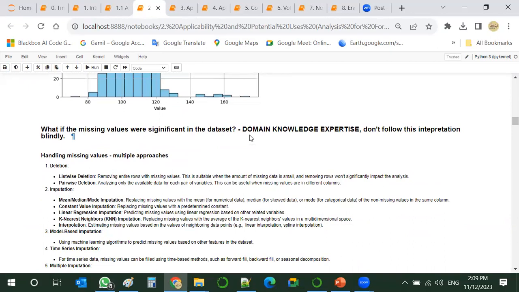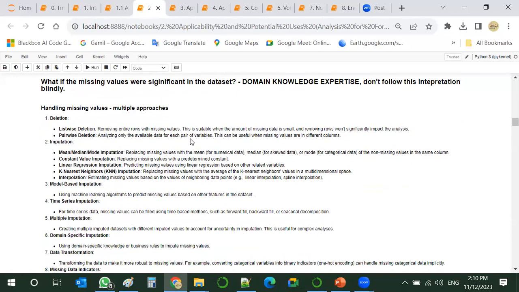If we have significant values that are missing, what should we do? How do we handle missing values and how do we handle outliers? There are multiple approaches for this. Deletion is the easiest.